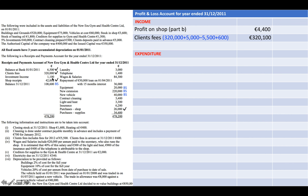Then we have investment income. Now this is what we have received, but what we want to put in is what we actually should have received. Now up here we saw earlier on that we have 5% investments, €40,000. So €40,000 by 5% is €2,000. So that is the investment income for the year. This is what we have received. We didn't have any information about any other investment income due at the start or at the end of the question. So we know then later on in our balance sheet we will have 1,100 investment income due in our